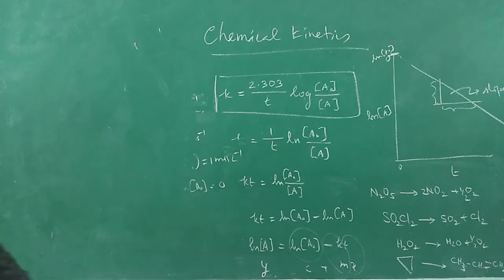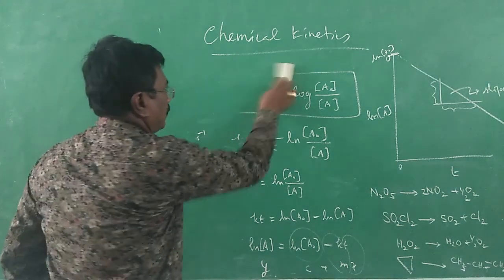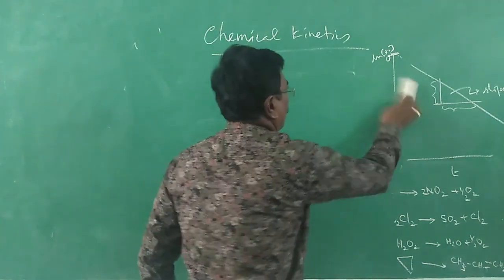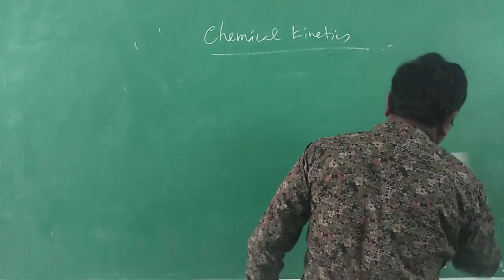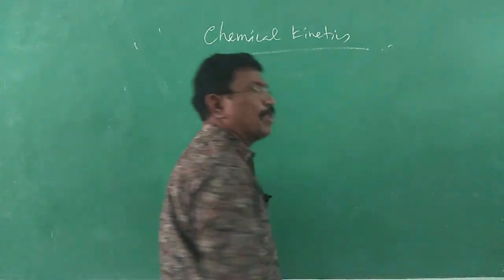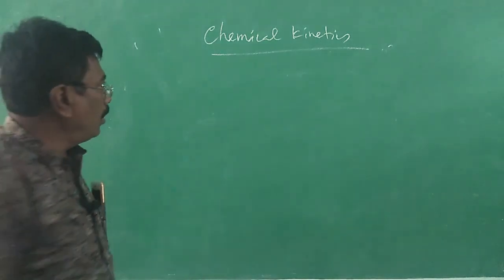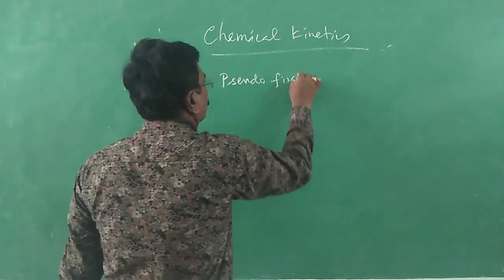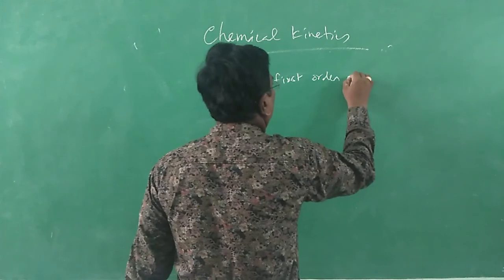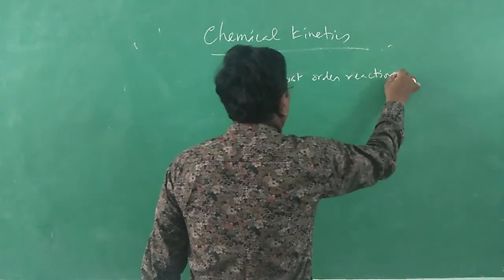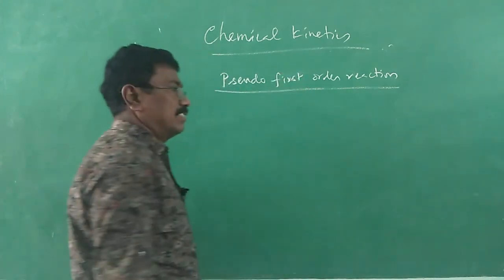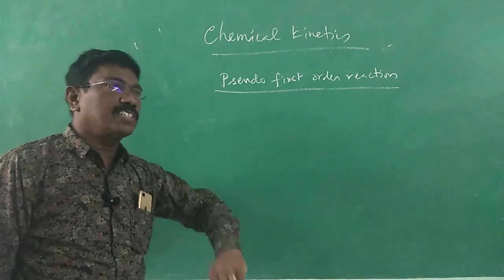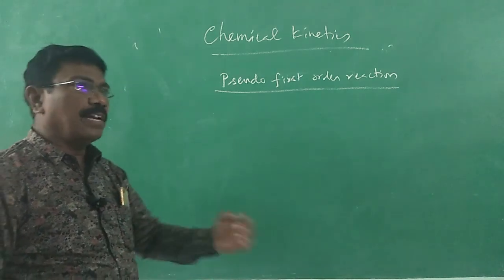Now let us go into a zero order reaction. So let us take an example of a zero order reaction. Already we have derived the expression for rate constant of the first order reaction. Now we are going to derive the expression for rate constant of the zero order reaction. Before we go into zero order reaction, let me go in for pseudo first order reaction. What do you mean by pseudo first order reaction? It is not actually a first order reaction. Pseudo. We can convert higher order reaction into lower order, that to first order, by certain means.